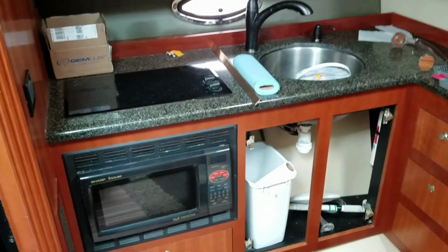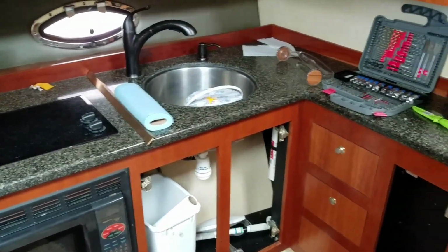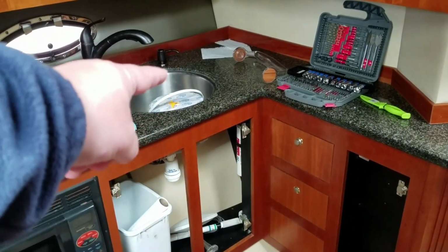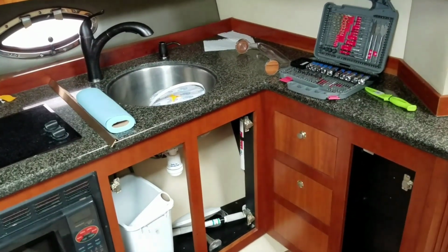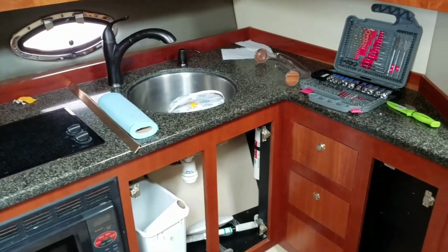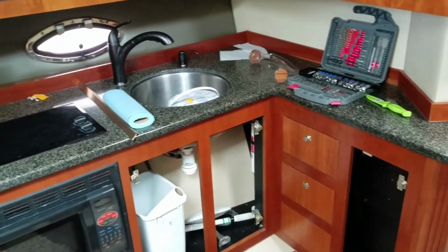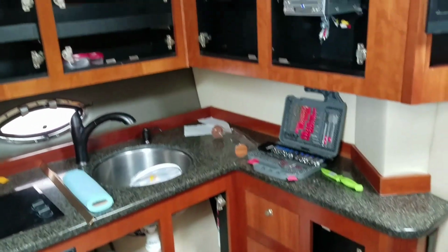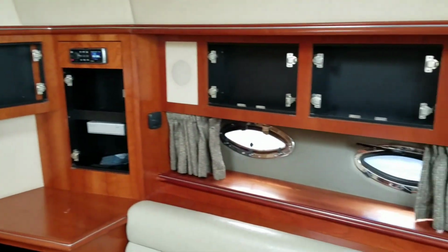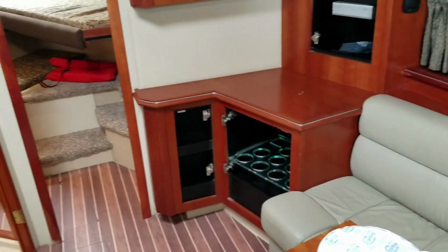Countertops are in okay shape. I think some good sanding and polishing will help them. Unfortunately, the piece that goes on the round sink there is split in half. We're not quite sure what we're going to do with that. That actually makes up quite a good amount of counter space for this boat. But cabinets are plentiful on this boat. There are 34 doors on this boat,